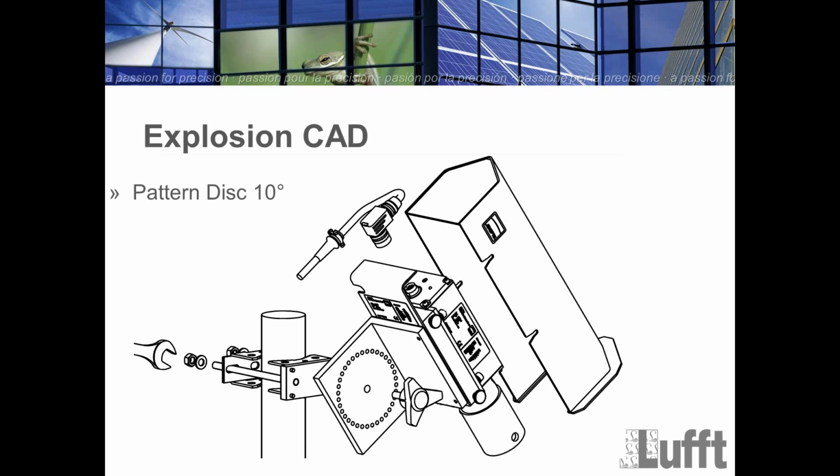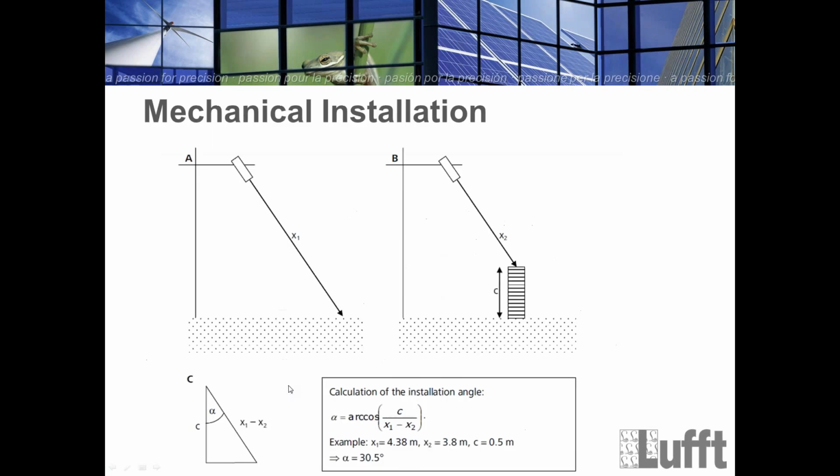Again, here you see the full installation process. You have to dismount the cover to connect the cable, and here is a certain way how you can fix all this on a mast. If you first install the mounting clamp on the mast, then you need no further tools. There are no tools required to fix the rest of the sensor on the mounting clamp. So for the mechanical installation,